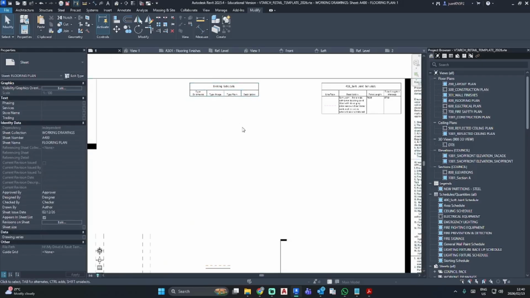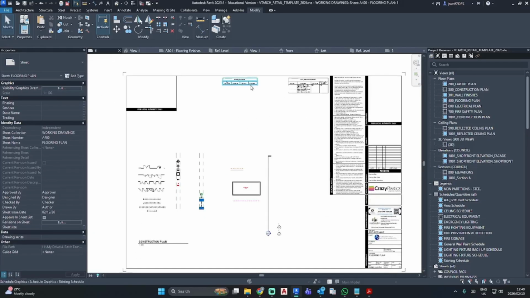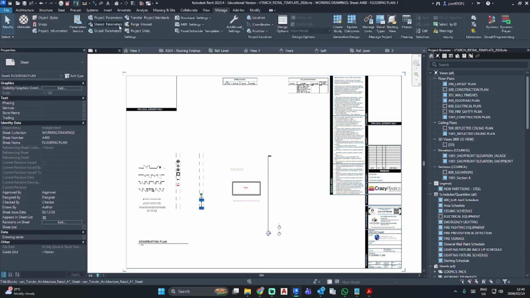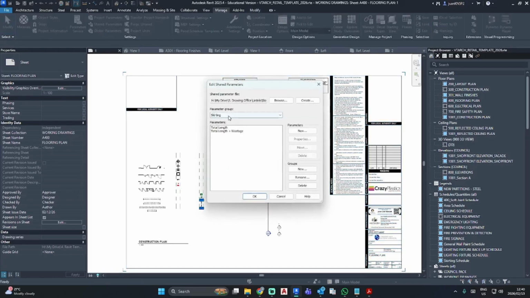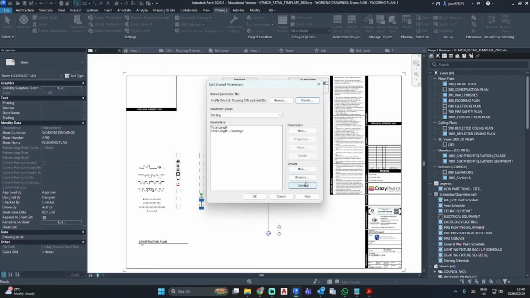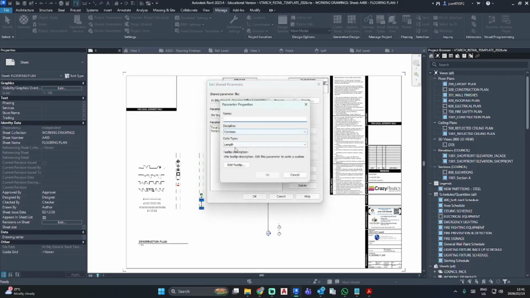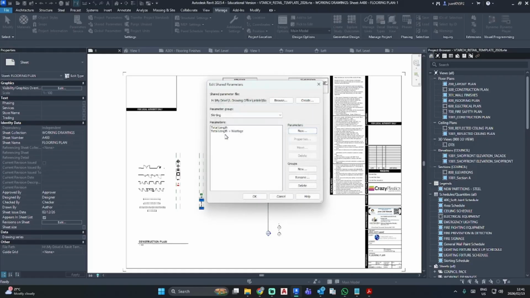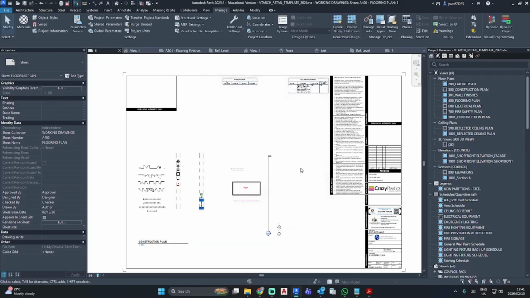Okay, so we won't see it here now because now we need to create shared parameters again to allow it to schedule. So let's go manage shared parameters. I've already created this. So if we go create, you just create the name. Mine is skirting, as you can see. And then you'll go groups. You'll click on new and enter skirting again, as it is saying there. And then we're going to go new length, two new length parameters, and it's called total length and total length plus wastage. So I'm just going to hit OK.